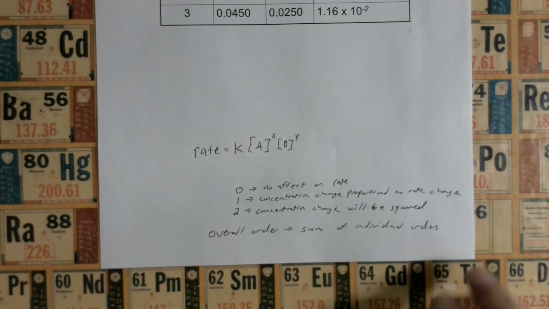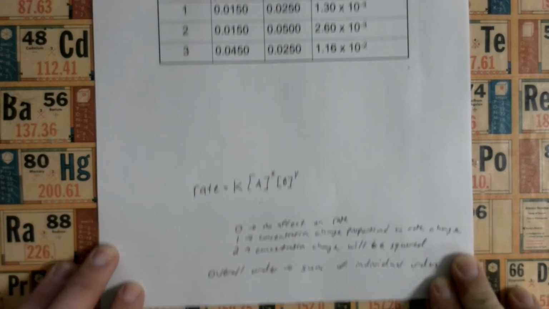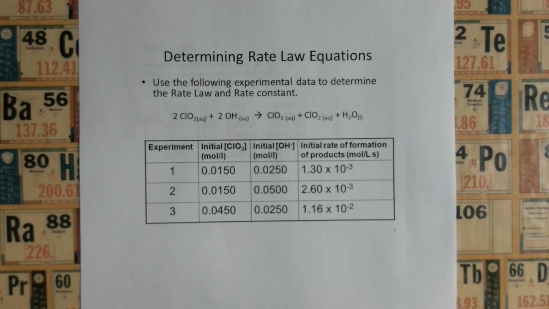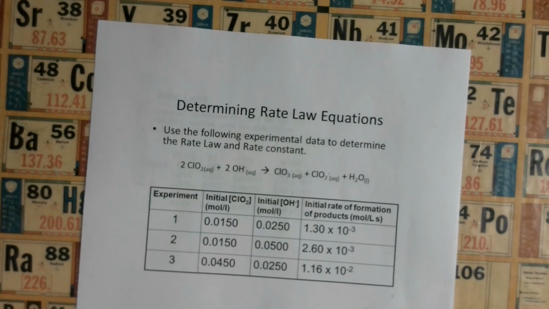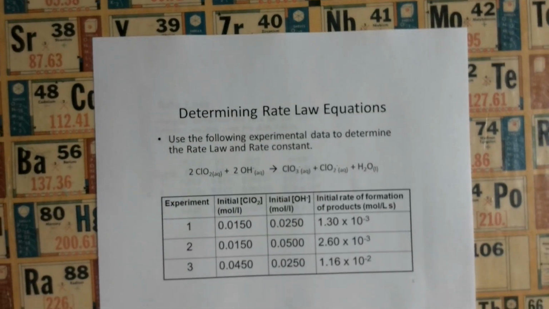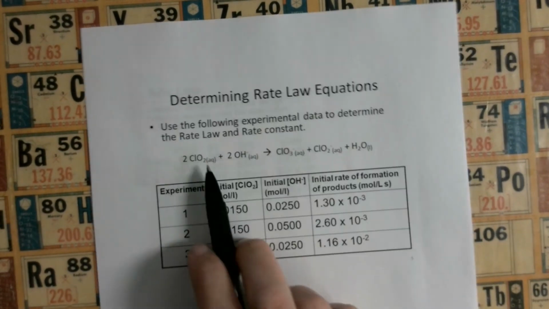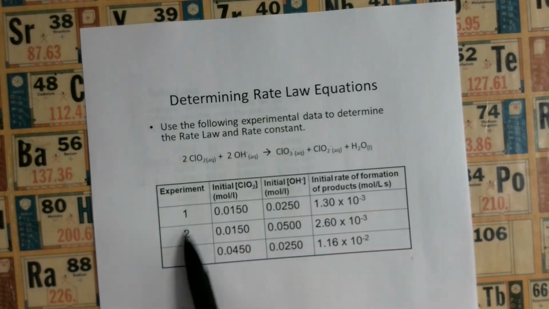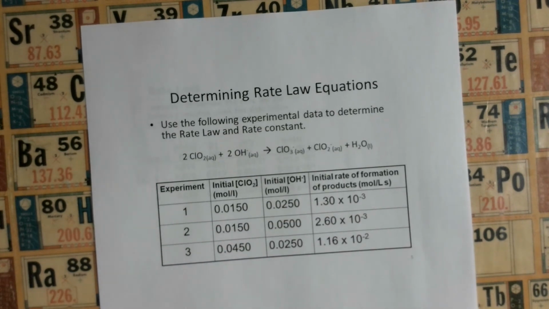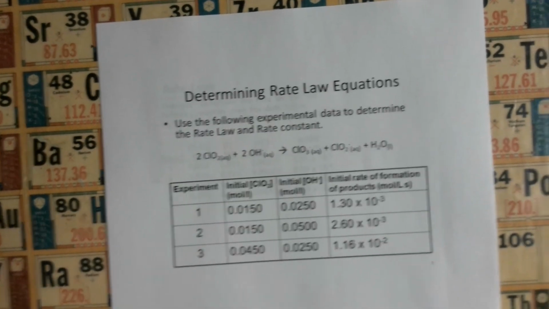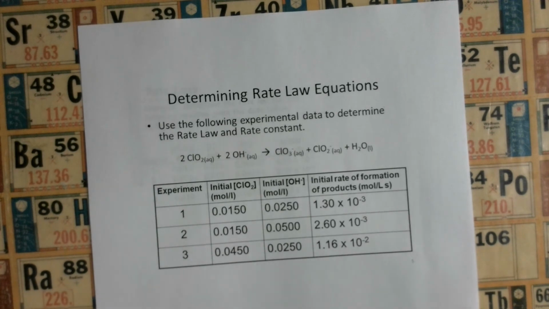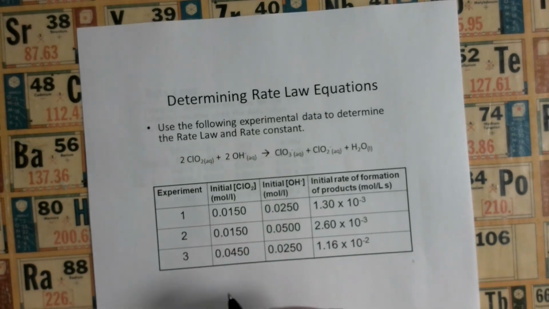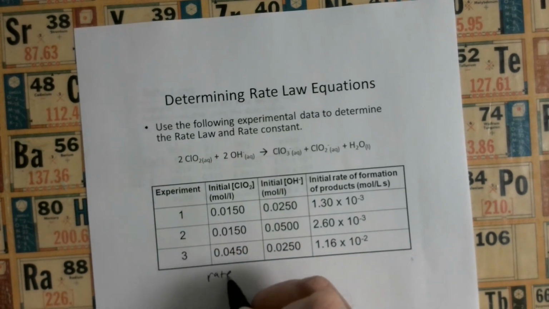Now, given data like this, how do I figure out what the rate law is? Okay, so here we have a reaction, and here we have several experiments, and the rate law can only be determined through experimentation. So we have to do several experiments, change things, and keep the same things that we want to keep the same. So first of all, my rate law is going to be rate equals